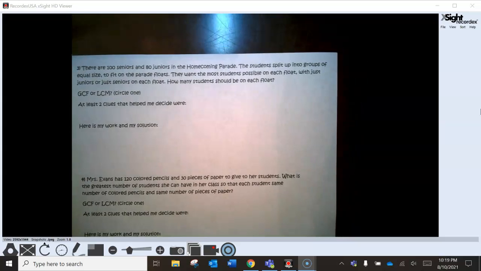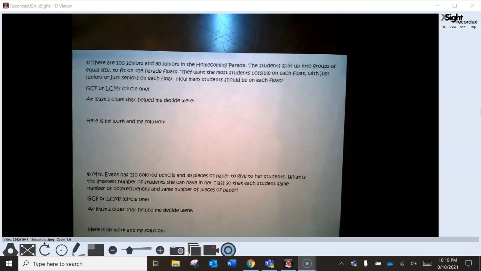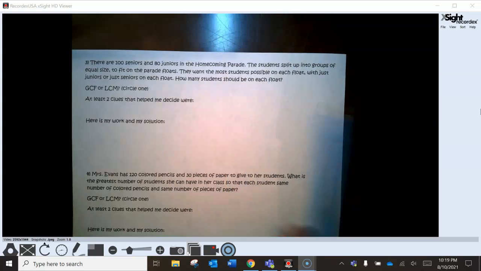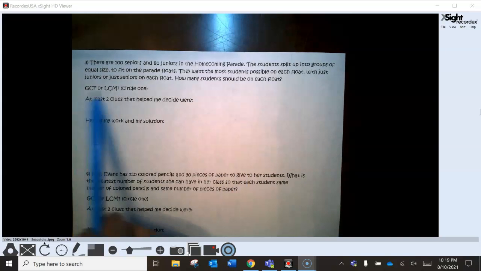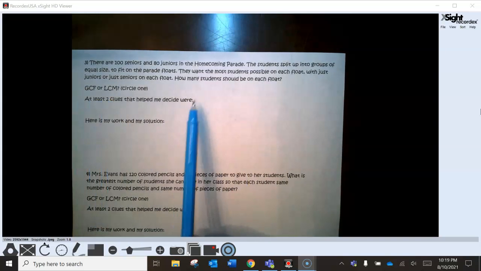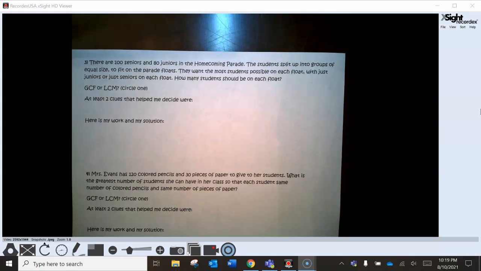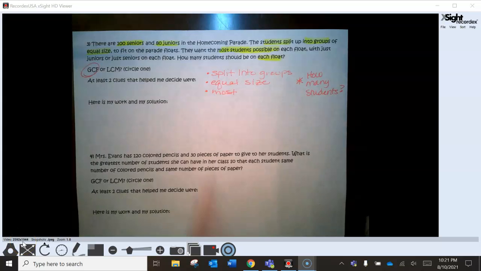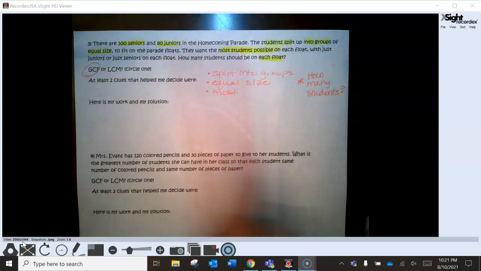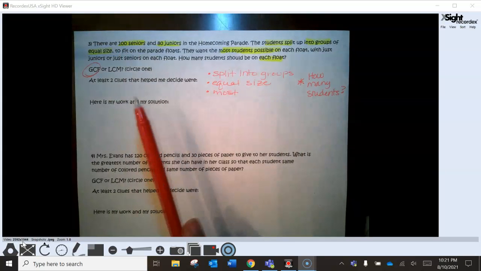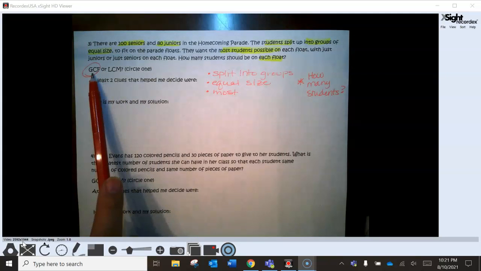Okay, I'm going to let you pause the video. I want you to highlight, circle things that are important to help you to find the GCF or LCM, and then write your clues. Once you've done that, come back and we'll see how you did. Alright, welcome back. Hopefully you've highlighted what I did or something similar to it, and that you chose the GCF